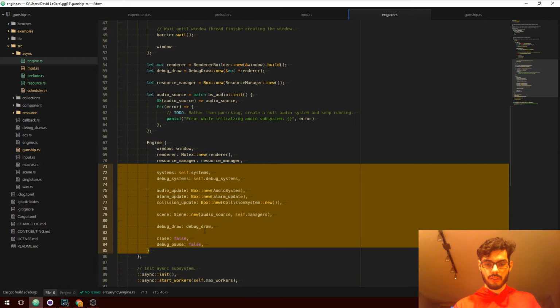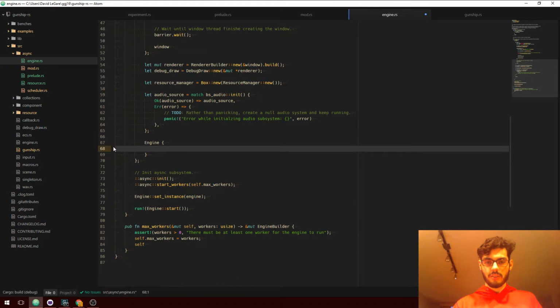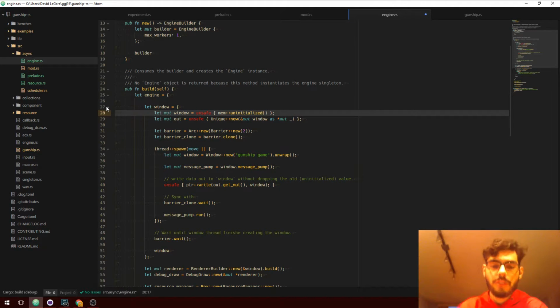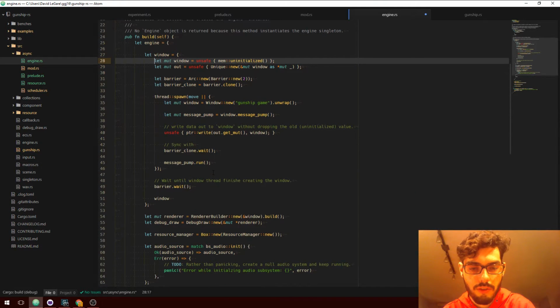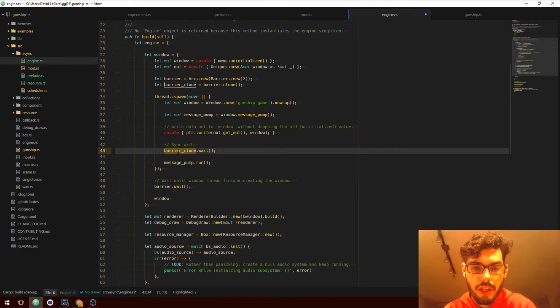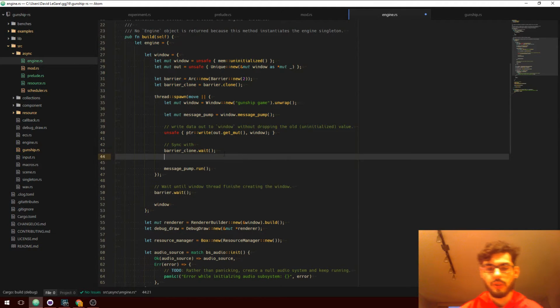So we're going to start with, this is basically garbage. This is trash. Building the window is less so trash. For stuff like this, I'm tempted to move it into a helper function, but it's a helper function that's going to be called from literally one place, so I'm not so worried about it. Barrier.clone().wait(), and then we're going to do mem::drop(barrier) because we are done with it.